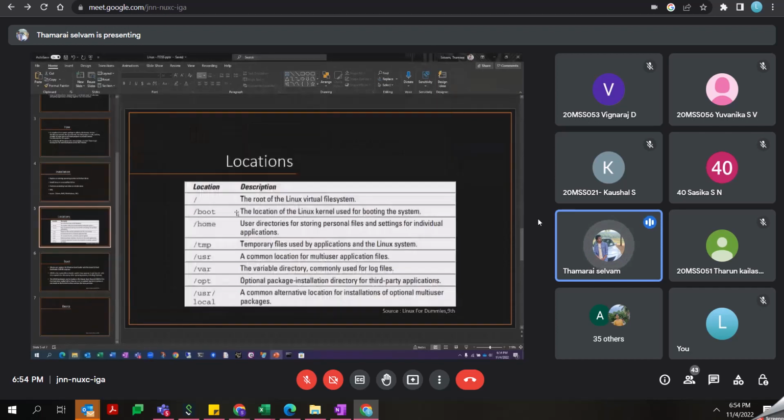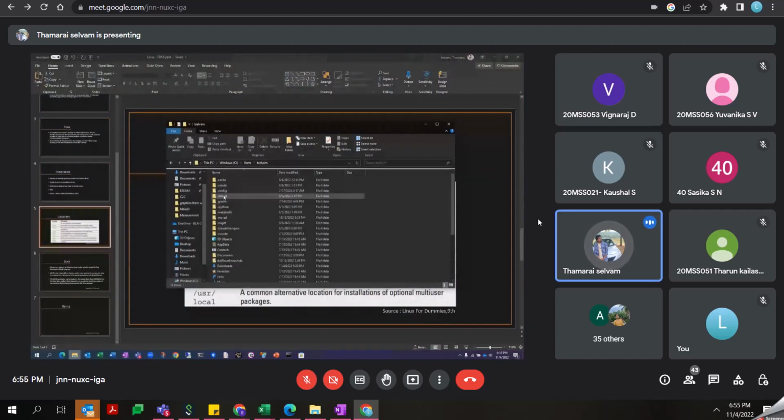Similar to this users folder, there will be a home folder where the user directories are held. Boot folder, there will be boot, how your system should boot and go into which profile, which username of the data the boot folder. And TMP is just for storing temporary files. You open files in starting pointers, ending pointers, and the data there will be inside the temp folder. User is for saving the application details. Like if you go into your users directory, there will be some hidden folders